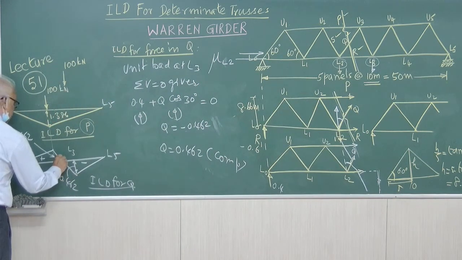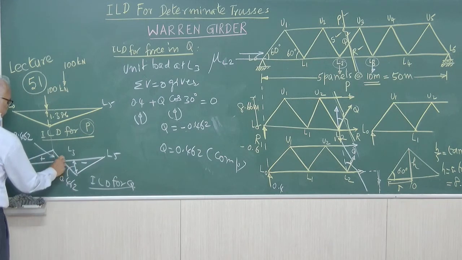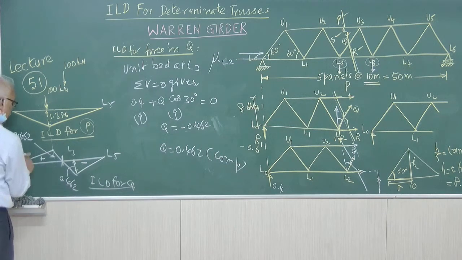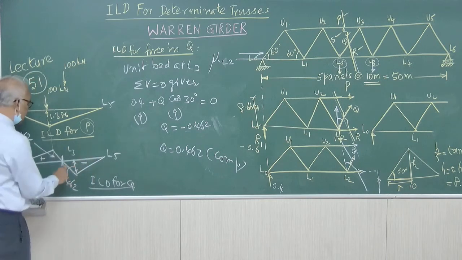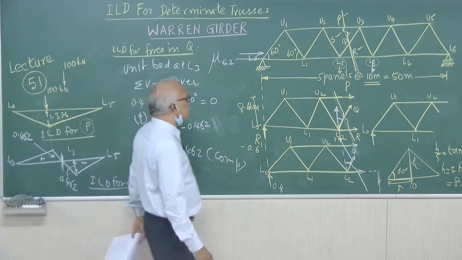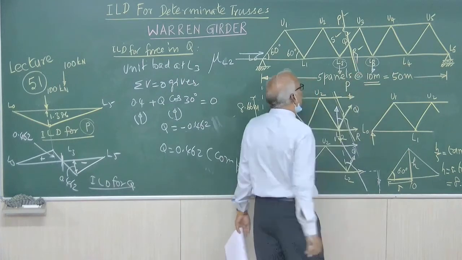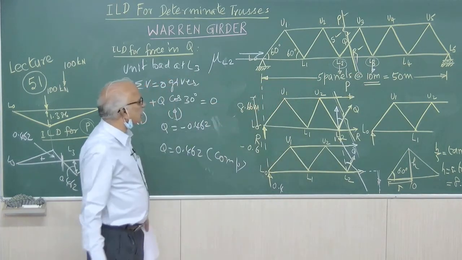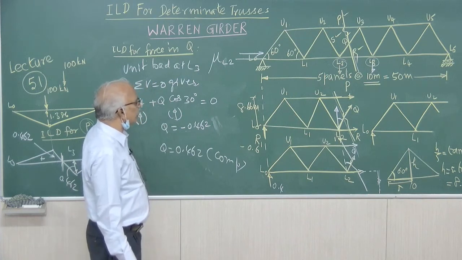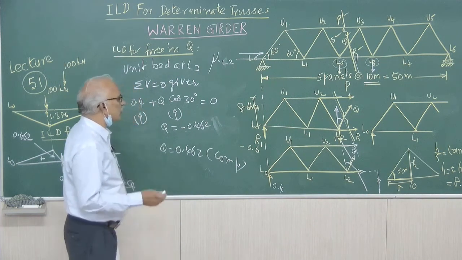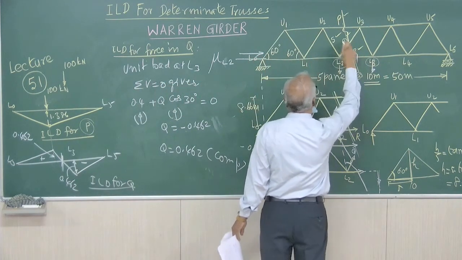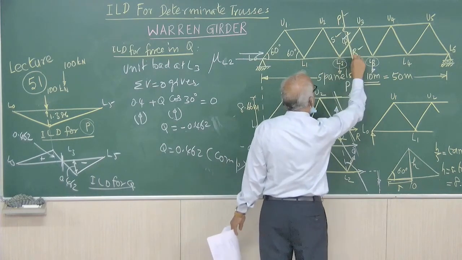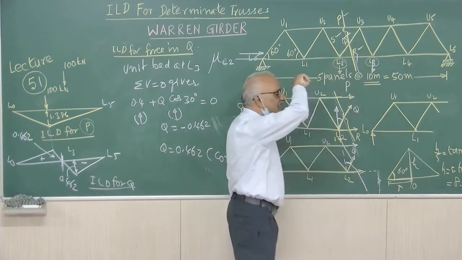when the load is before this, where it changes the sign. So before this, whatever is the position of the unit load, the member will be acting as a tension member, and beyond this, when the load crosses a particular point, of course, here it is a mid panel, therefore up to the center, up to the mid. So when the unit load is between L0 to midpoint of this, the member Q will act as a tension member, and beyond this, the same member will act as a compression member.